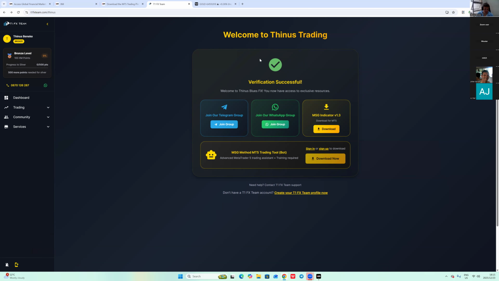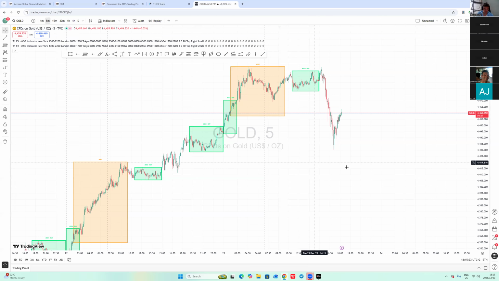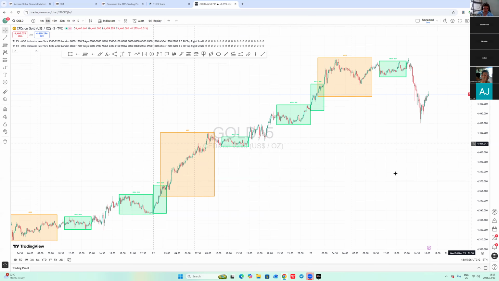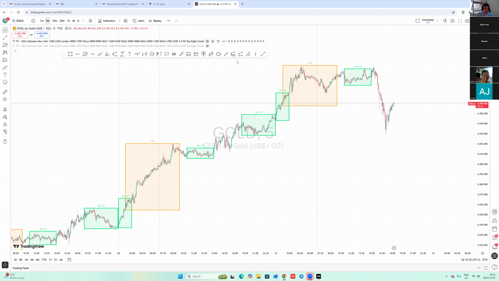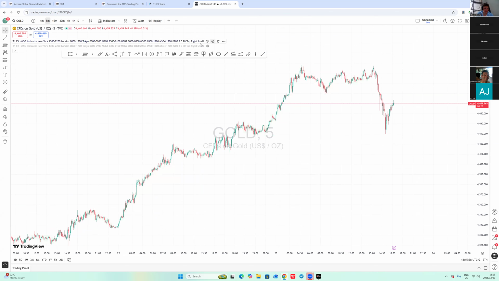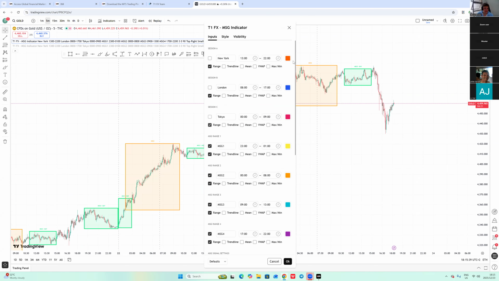Okay, then how does the MSG Lego method work? Okay, so let me just, why is it now like this? Okay, here is the setting. So this is how you get to the settings part, right?